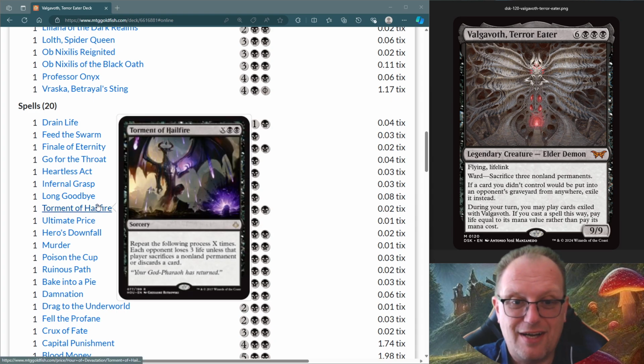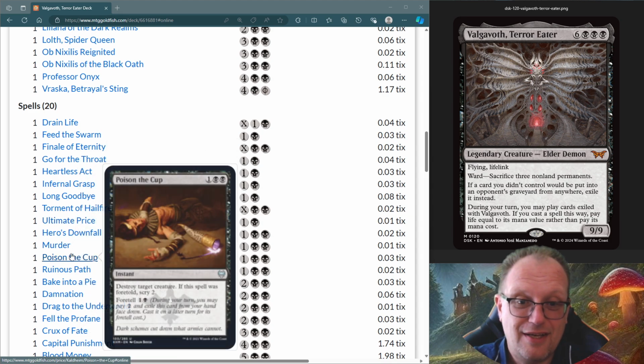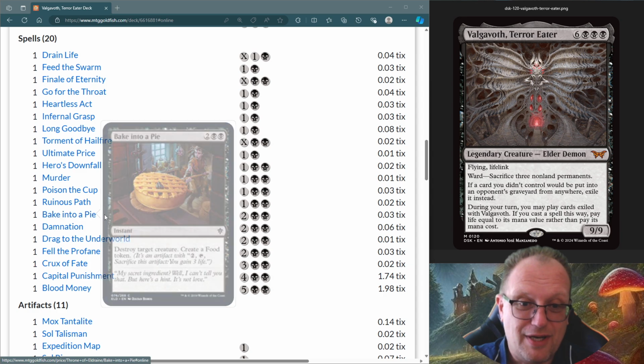Torment of Hailfire, a backup win card for our black deck today. Basically, we all know the score with this one. We pump as much as we can into X, hope it doesn't get countered, and then watch as our opponents probably concede the game or curse us in the chat, which is what usually happens when I play this on MTGO. More targeted removal and Ultimate Price, Hero's Downfall, Murder, Poison the Cup, Ruinous Path, Bake into a Pie, Damnation